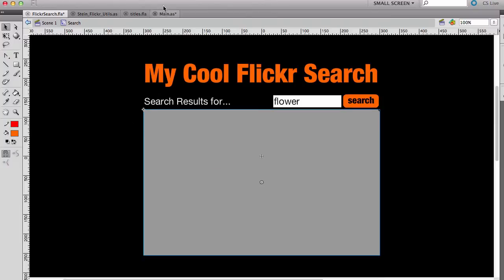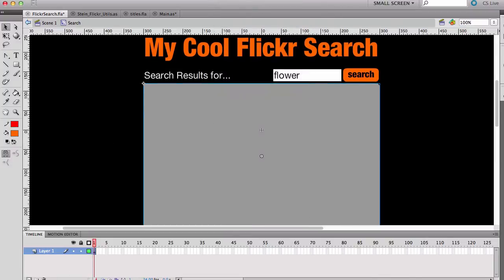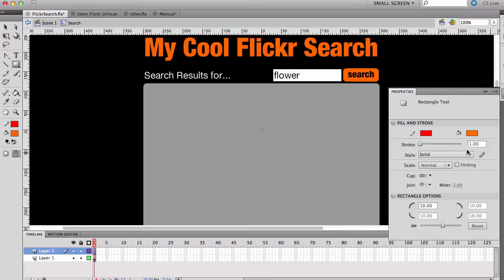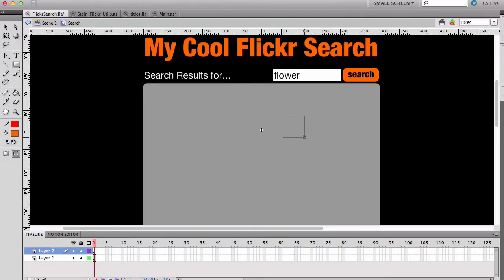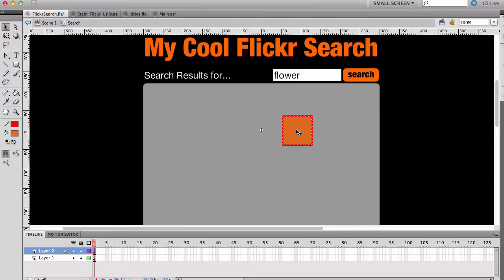Okay, I'm going to show my timeline here and add in a new layer so I can make sure the square is on top of this. So when I do my square here, part of it is I'm going to take out these rounded corners here. I use that for the button. Put it out here and then change the width and the height on the info to 75 and 75. Okay, so this is basically the square that we're going to want here